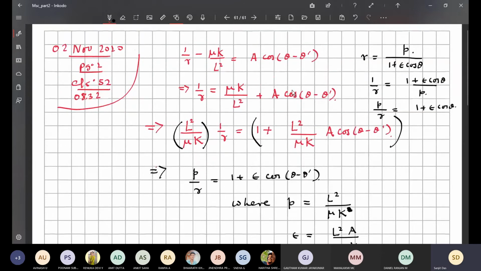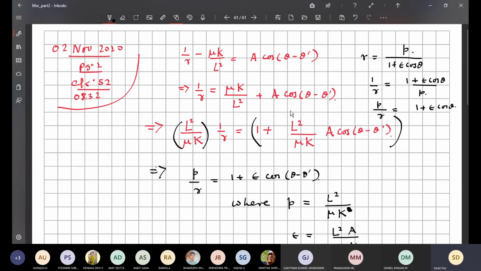This thing, we are not taking it out. So this a is a constant, this theta naught or theta prime, whatever we are saying, that will be an initial phase. You can take theta prime equal to 0 if we choose the axis in such a way; this theta prime is coming from the geometry. So if I choose in this particular direction theta naught, I can take theta naught equal to 0. So I can write 1 by r is equal to this part plus a.